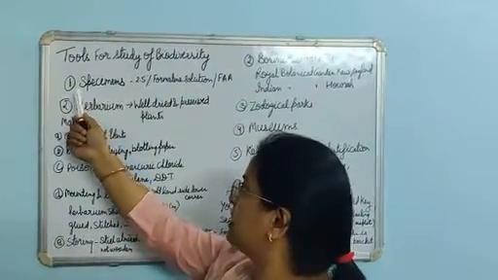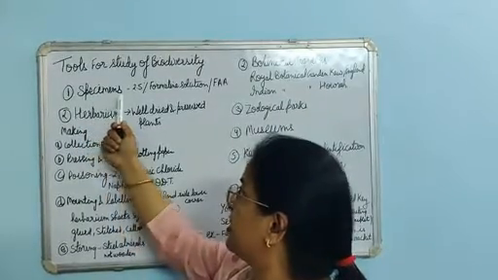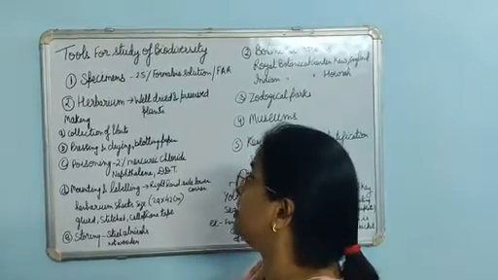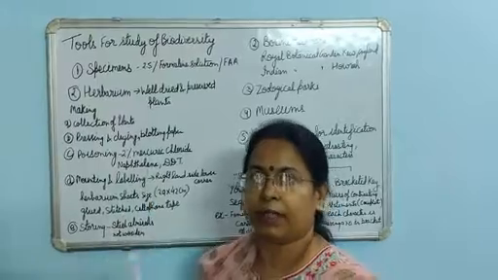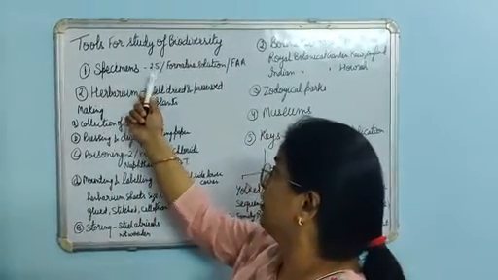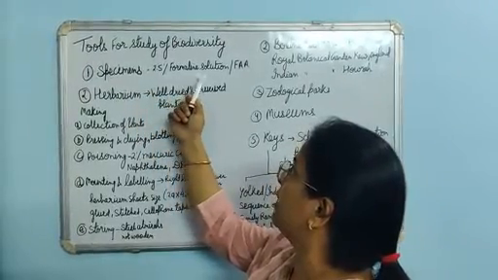First of all, these are the specimens. These specimens are the dead parts of plants or animals that are kept in some preservative. They are preserved for the study. The solution that is commonly used is 2.5% formalin solution.